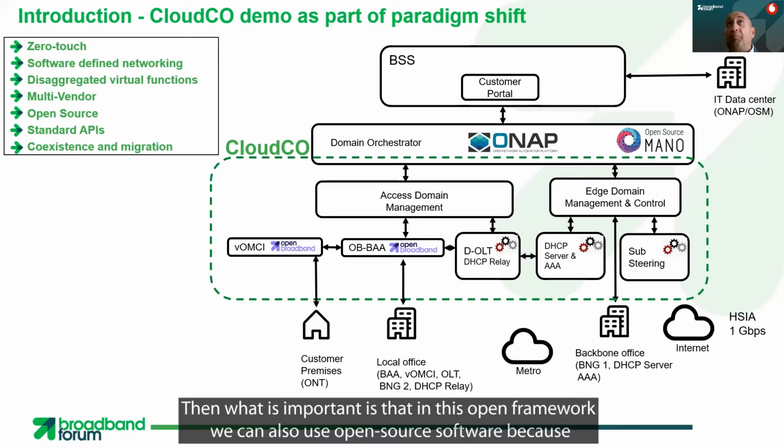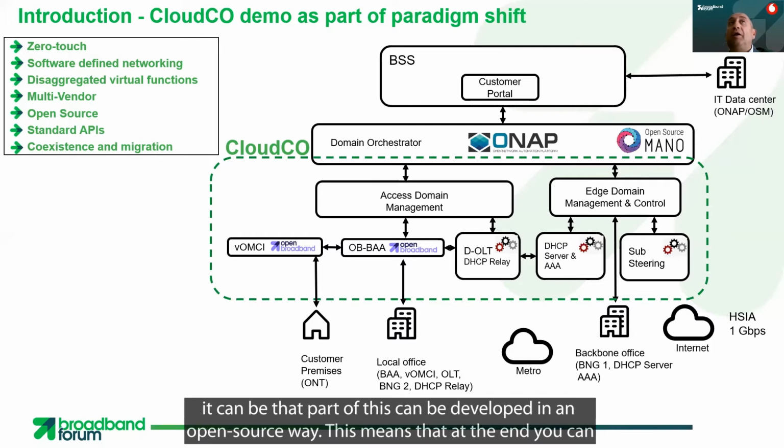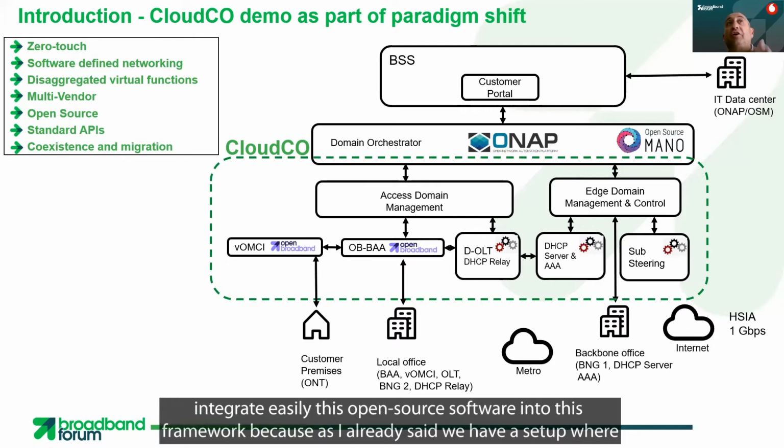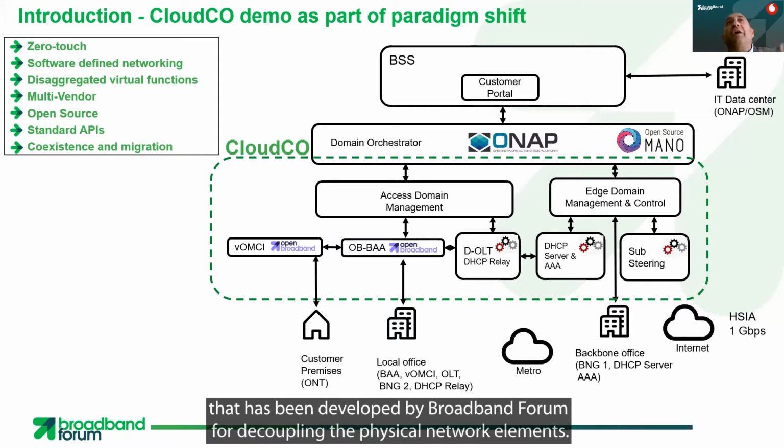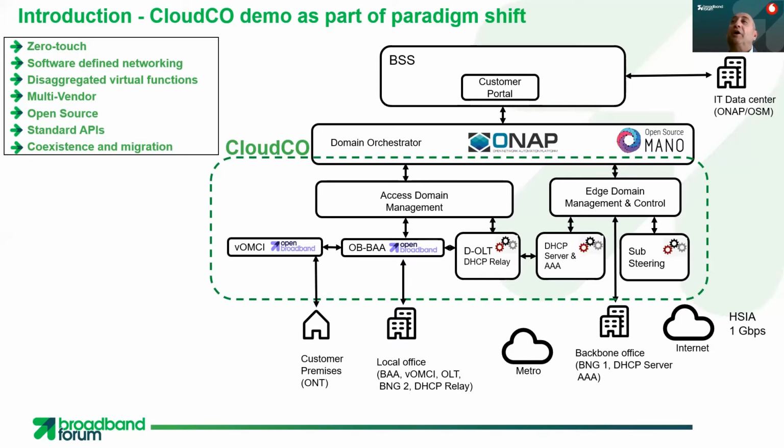Then what is important is that in this open framework, we can also use open source software, because part of this can be developed in an open source way. This means that at the end, you can easily integrate this open source software into this framework, because as you already said, we have a set of interfaces already defined, and that will allow these things. One of them is, for example, the OB-BAA that has been developed by Broadband Forum for decoupling the physical network element with respect to the